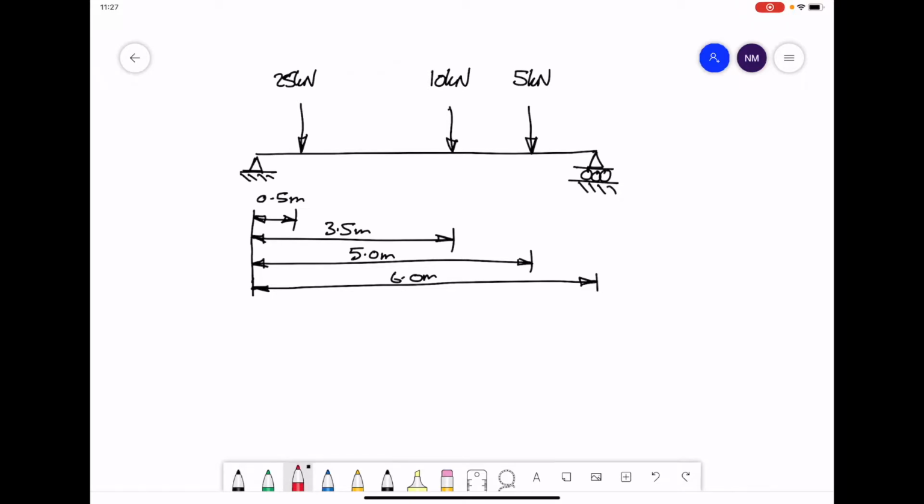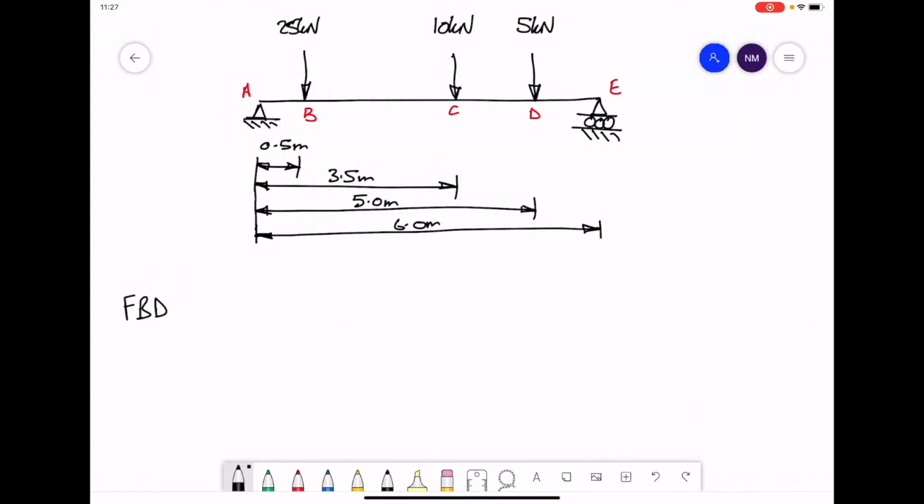In this beam, I'm going to start at the left hand side and call that point A, point B for the 25 kilonewtons, point C for the 10, point D for the 5, and the end of the beam with the lower support, we'll call that point E. So when I come to draw my free body diagram, put in the associated forces,